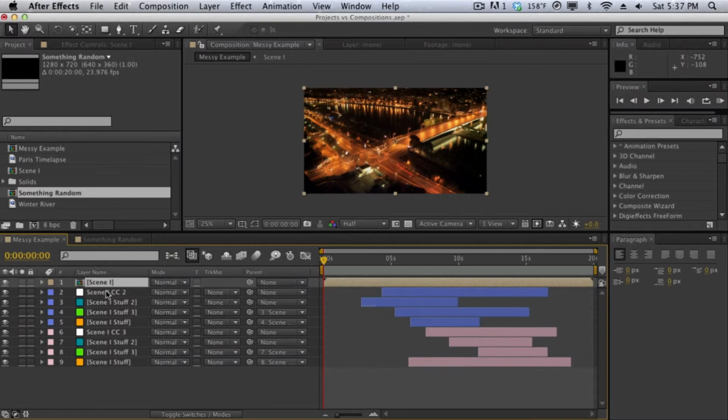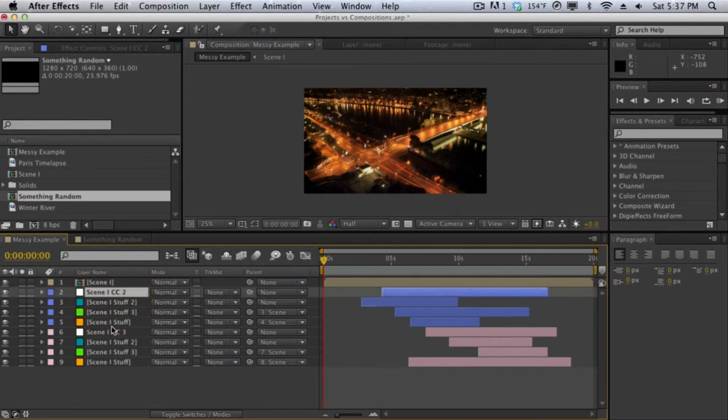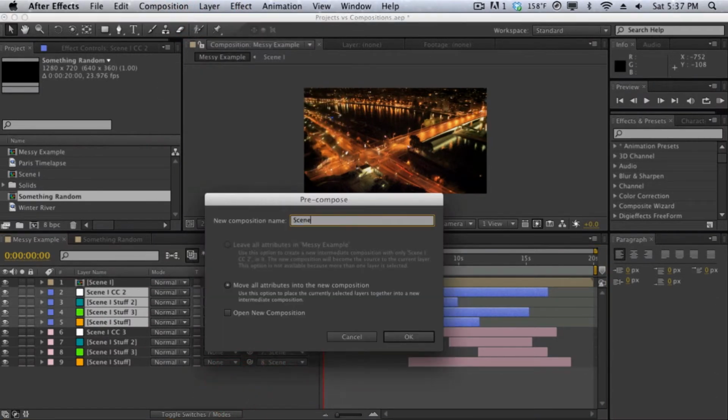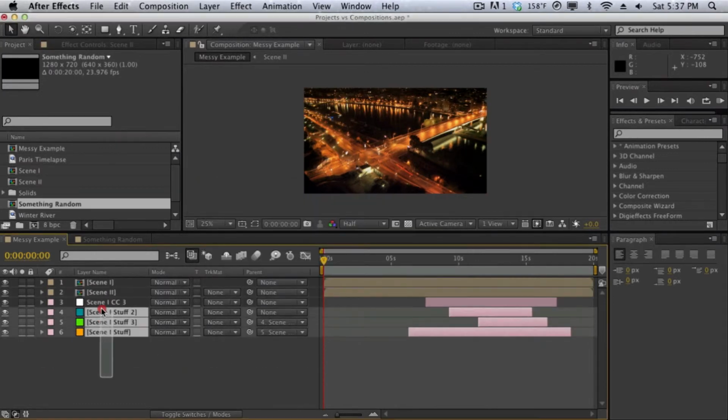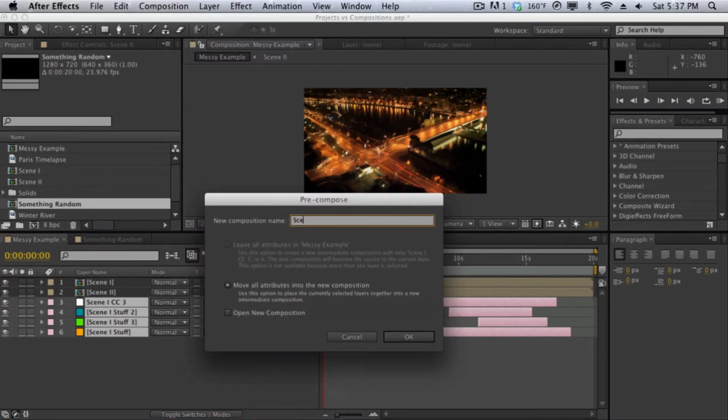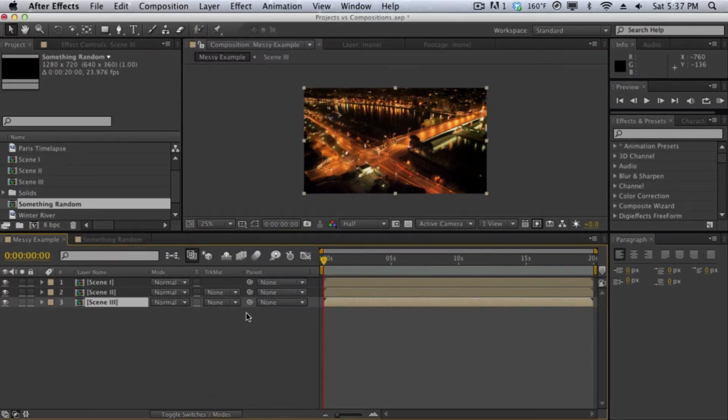so it's easier to manage. And then we can group all of Scene 2 stuff right here. And then we can go to Layer, Pre-compose, call this Scene 2. And finally, all of Scene 3 stuff, we'll go to Layer, Pre-compose, and Scene 3, stuff like that. And just like that, we've grouped all this stuff into 3 easily managed compositions, which we can displace in time normally like in Premiere. And just like that, we have organized our messy composition from a very messy scene to